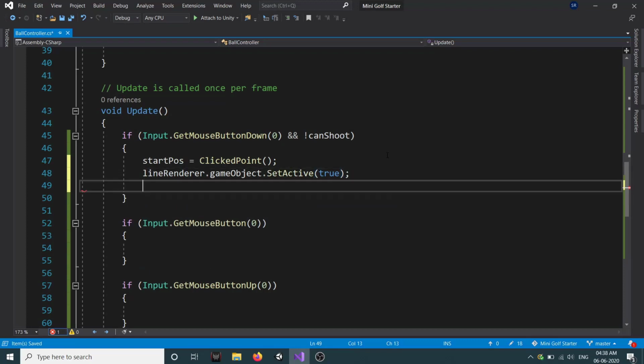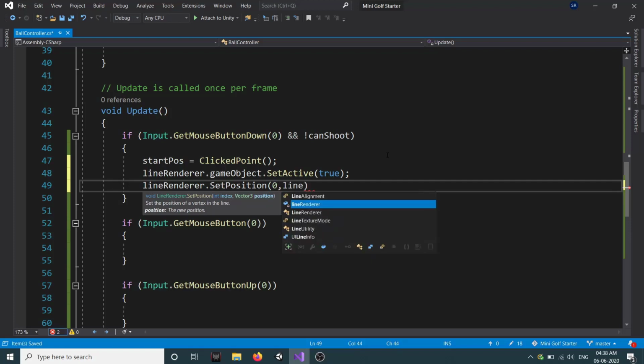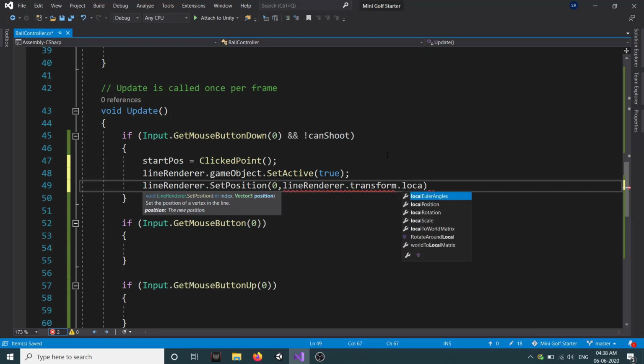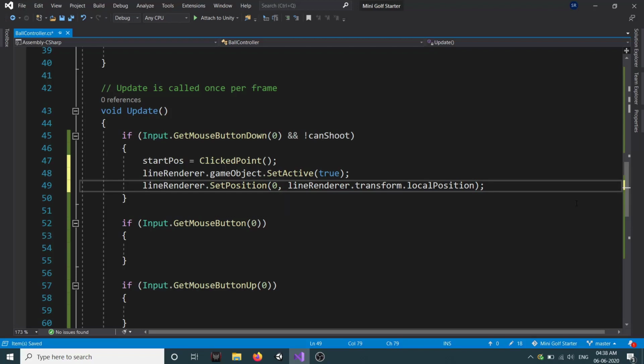Then we want to set our line renderer's first position, so we'll type line renderer dot set position. In that we will set the index 0 position, and it will be equal to our line renderer dot transform dot local position. Now we are using local position because our line renderer game object is a child of our ball object.